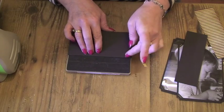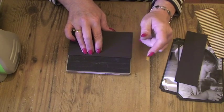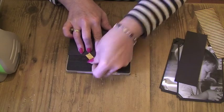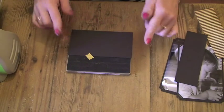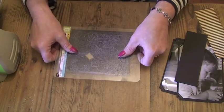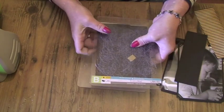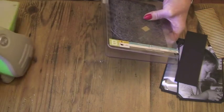on these dies. It is quite useful to draw yourself a straight line. I've done it that side, but I haven't done it this side. And always line your paper up with that straight line so that you get straight cuts. What I'm going to do is just put a little bit of tape over there, and that just holds that in place. And then I'm going to put my top cutting mat on, hold that down, sit it on the bottom cutting mat, be careful not to move it, and then